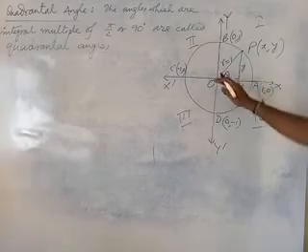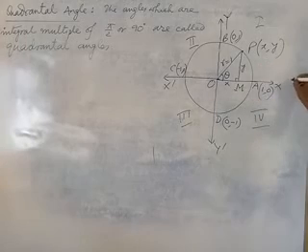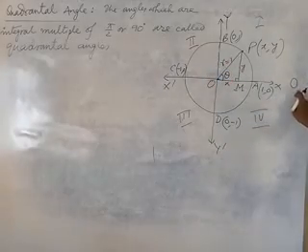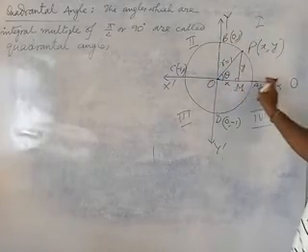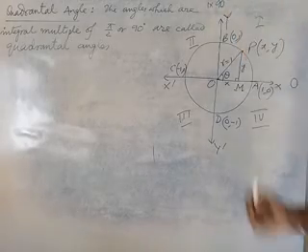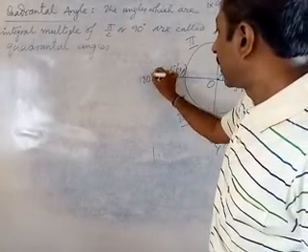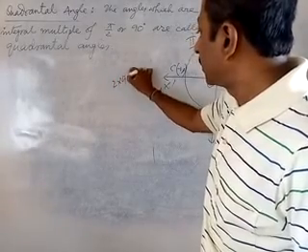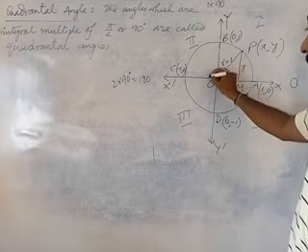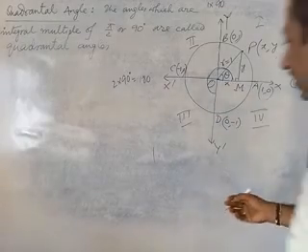Now see, the angle may be what? OX. If OX does not rotate, that means OX will make angle 0 with OX. So 0 is a multiple of what? 90. So this is also a quadrantal angle. Now 90 degree, here to here it goes. Here it is 90 degree, 1 into 90 degree. So it is a quadrantal angle. Now here it is what? Pi means 180 degree. 180 degree means what? 2 into 90. Here the angle formed is 90, and the angle formed here is 180, meaning pi. Then it is what? 3 pi by 2, or we can say 270 degree.